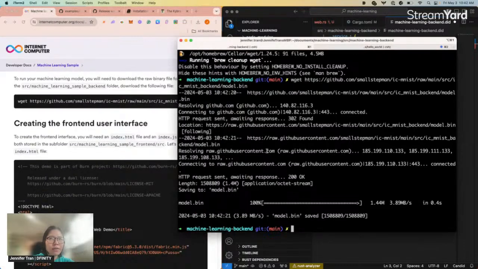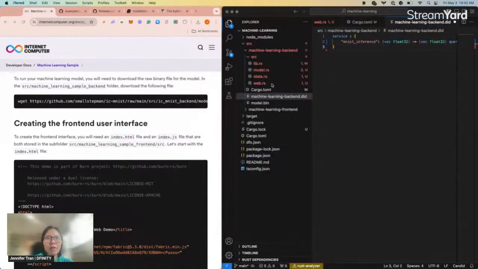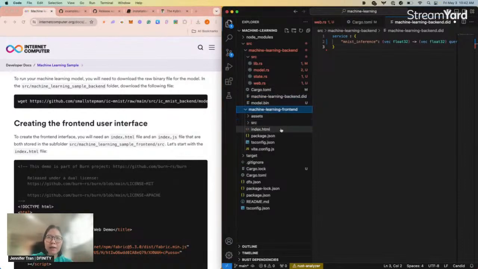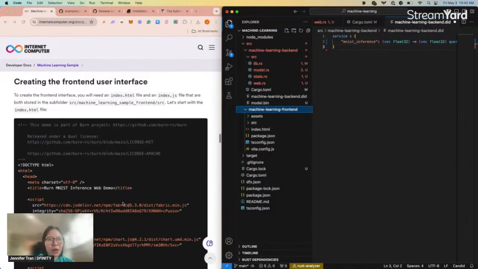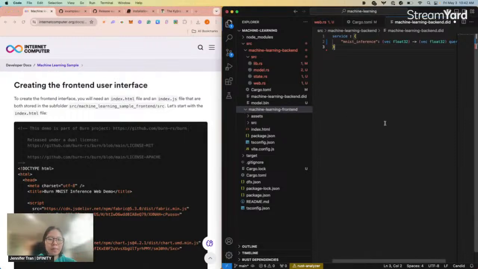And now let's create the front end. So we talked about how with ICP we can actually have a decentralized front end loaded as well. What's really great about ICP, as I mentioned, is you can have these full backend and front end services on ICP, including a front end. So that's what makes it really great. And so let's create that front end.